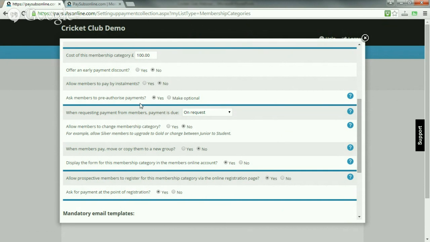So after a match, maybe the captain might log in and tick off who played, how much they owe, whether they paid cash on the day or not. If they've not paid cash on the day, as long as they've pre-authorized, you can then generate a payment request and the system will go off and collect the money for you. So it definitely helps you collect those match day fees.